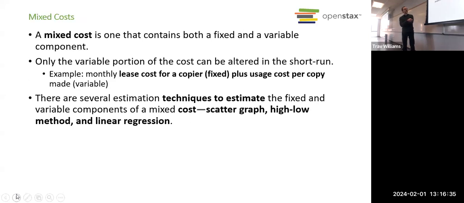We talked about mixed costs, right? That's when there are both fixed and variable costs associated with one particular thing. And there are three ways to estimate what mixed costs are going to be. Two of them involve spreadsheets. That would be the scatter graph and linear regression. But we're not going to be doing those in class. We'll look at some scatter graphs, but we will be using the high-low method.